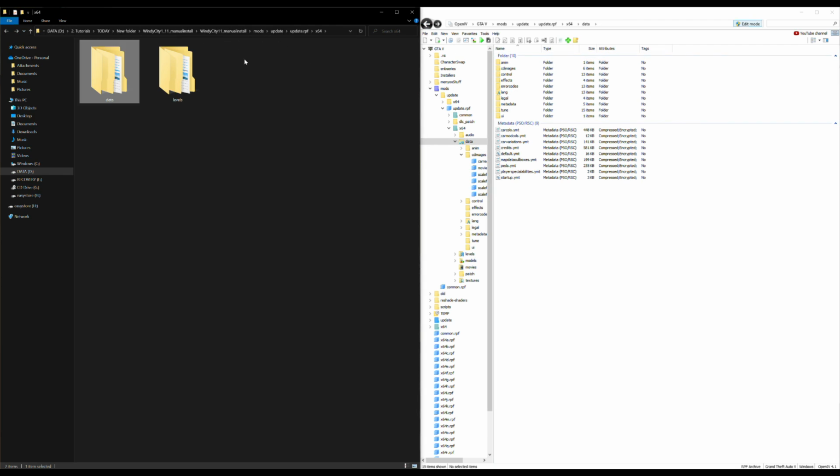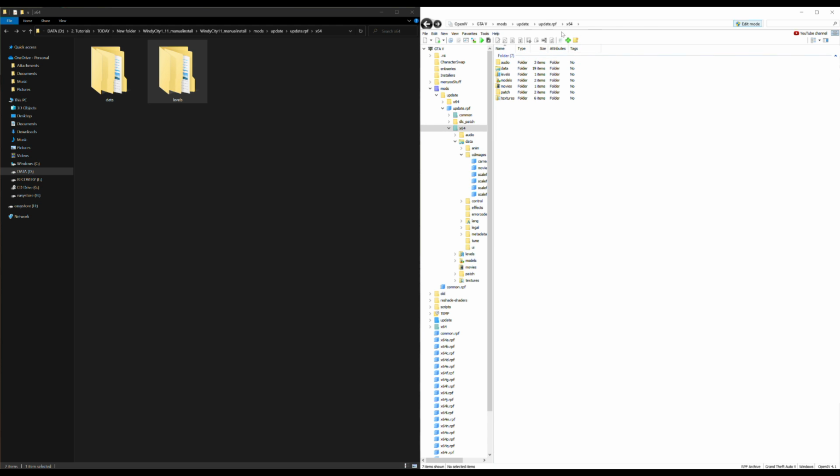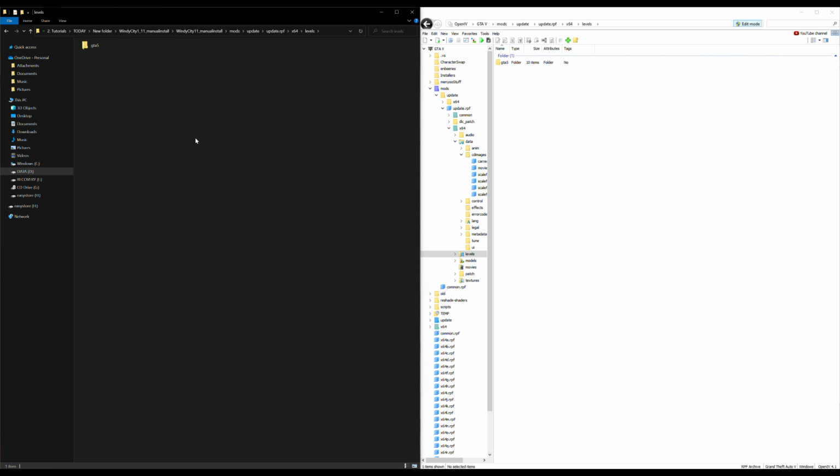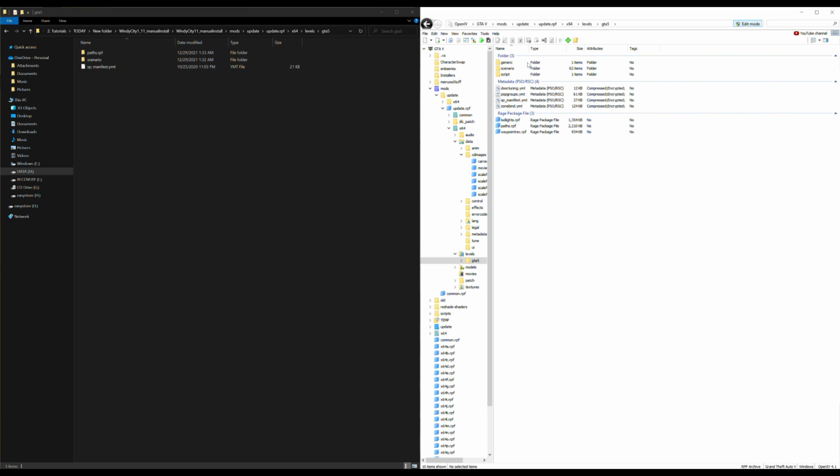All right, so now we're going to go into the levels folder. All right, so let's find our levels folder inside of x64. Actually, got to go back one more and open4. So I'm going to find the levels folder now. Open the levels folder, and GTA 5, and it says paths,